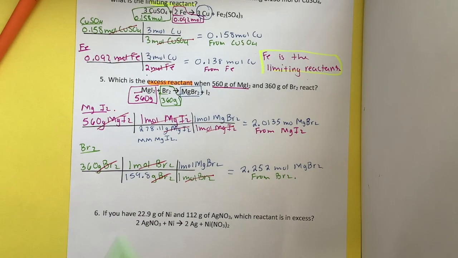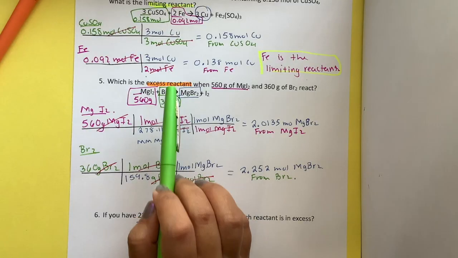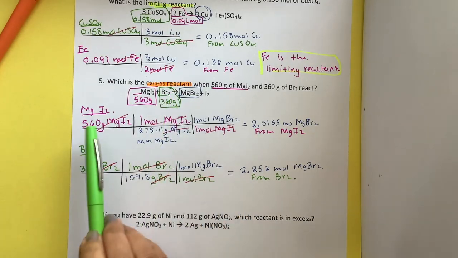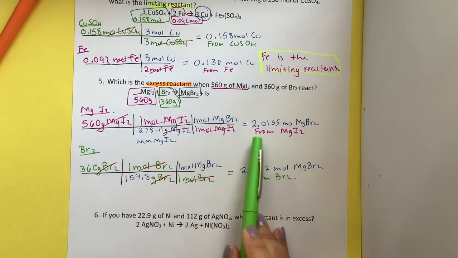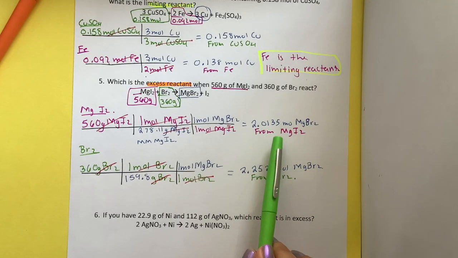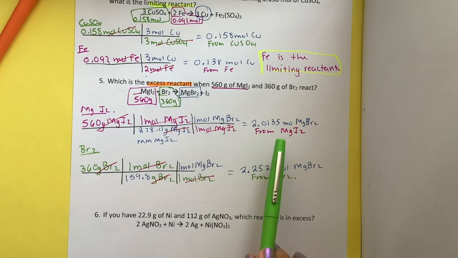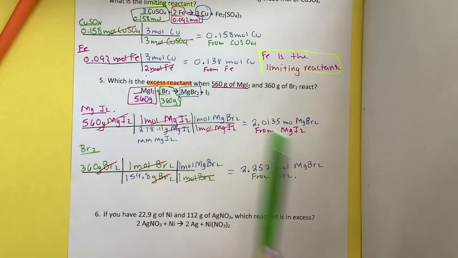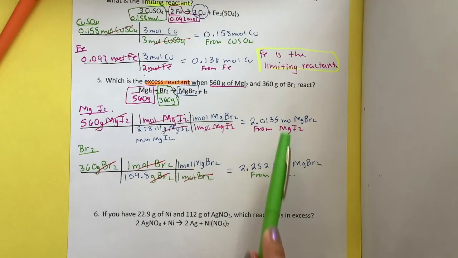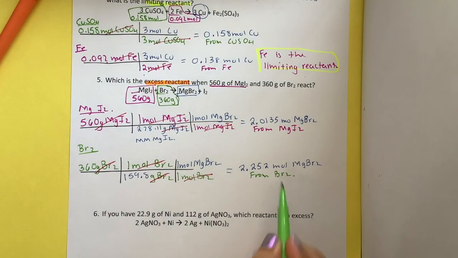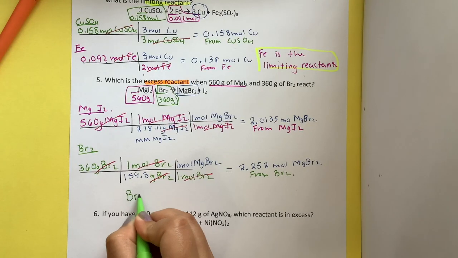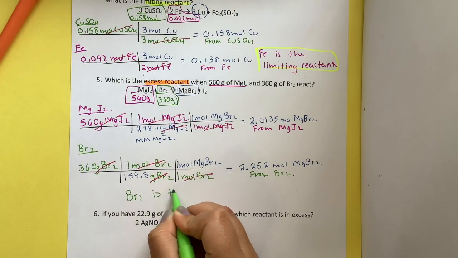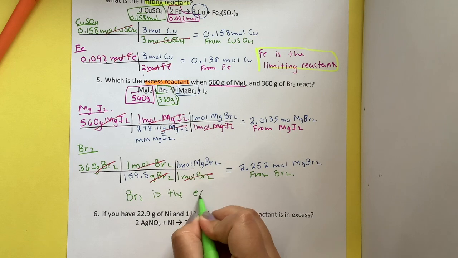So this question is asking me for the excess reactant. I remember that the excess reactant is the reactant that produces more product. Limiting produces the least amount of product. Excess produces the most amount of product. So which of these 2 reactants produces more product? Bromine. Therefore, Br2 is the excess